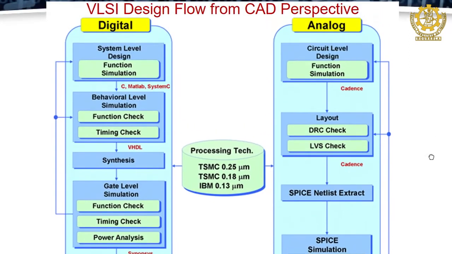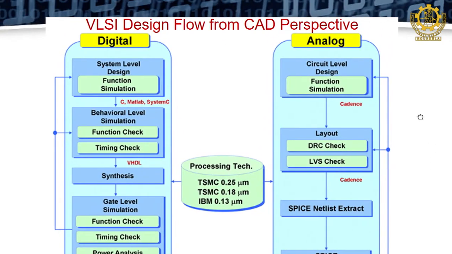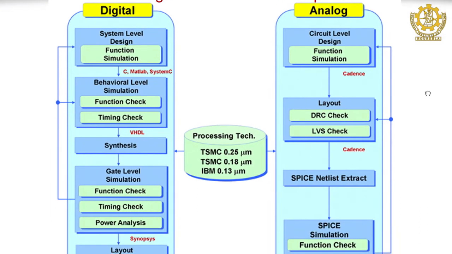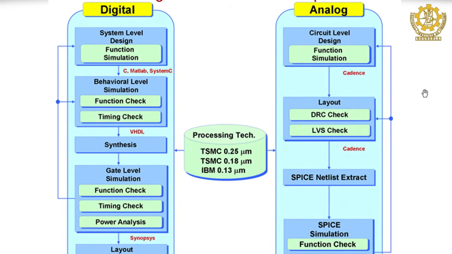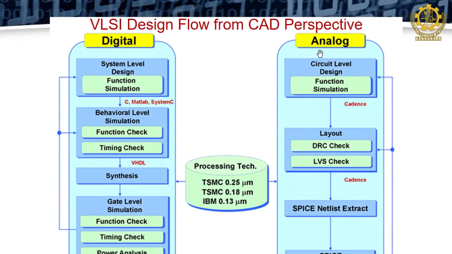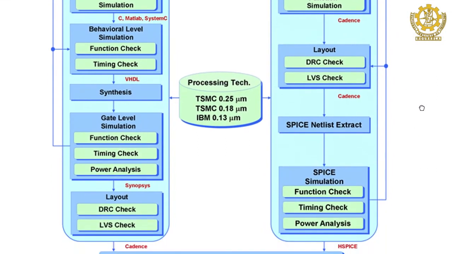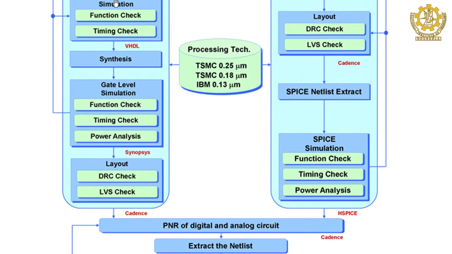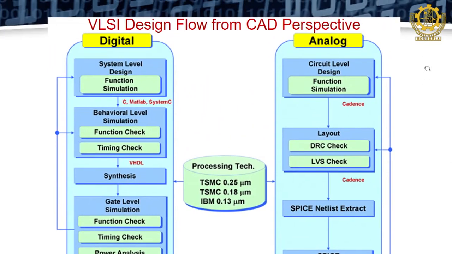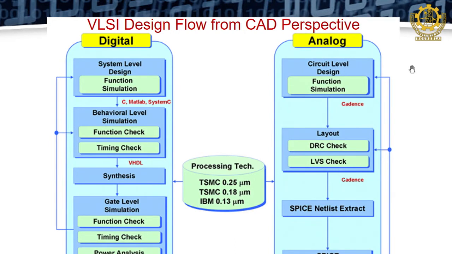Now we can go ahead with a bit more detail of the design flow. The digital design flow is a bit complex; it involves many more steps than the analog design flow. Analog design flow starts directly from the circuit level design, whereas the digital design flow starts from the specification, and after gate level the circuit level will come. Understood? That is why the digital design flow is a bit complex, and there are lots of tools we need to understand to complete the entire process.